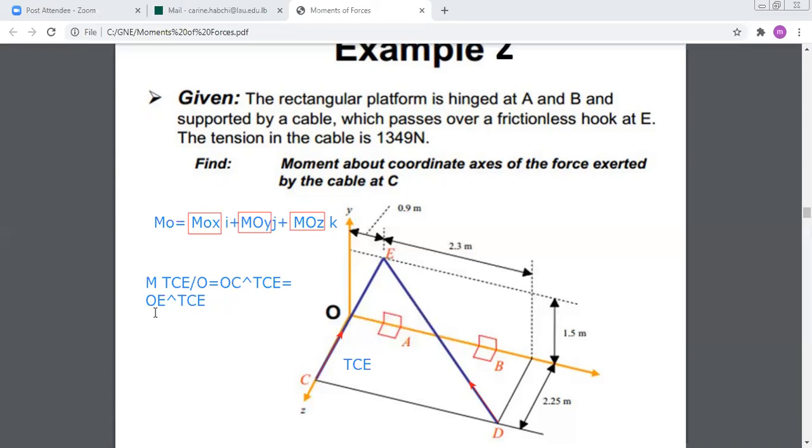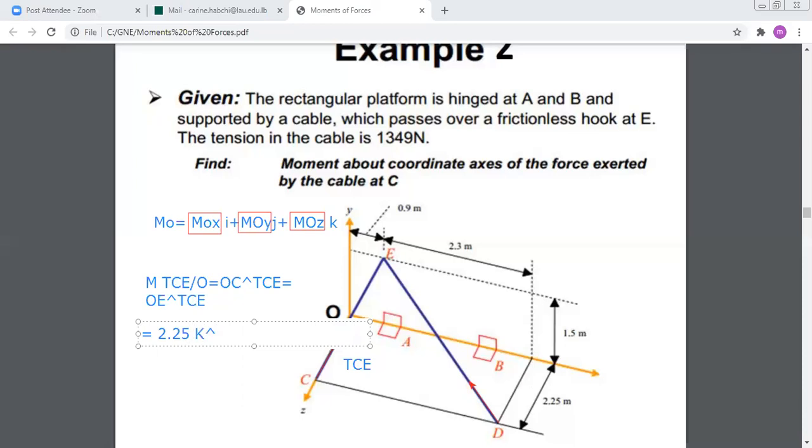Try to do also OE vectorial TCE, and you will see that you will get exactly the same result. So here, I will replace each vector by its term. For OC, as you can see in the figure, it's 2.25K. So it's 2.25K